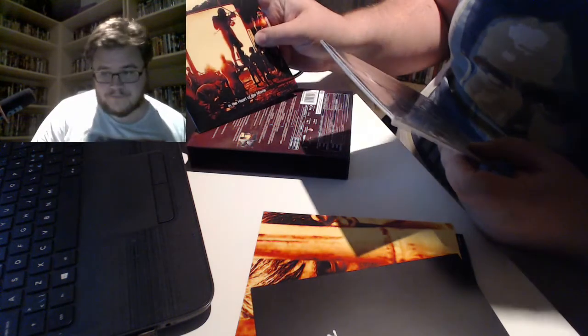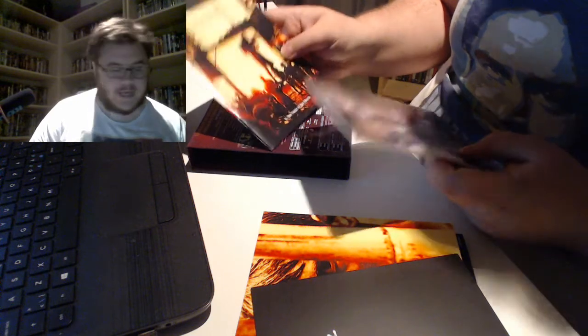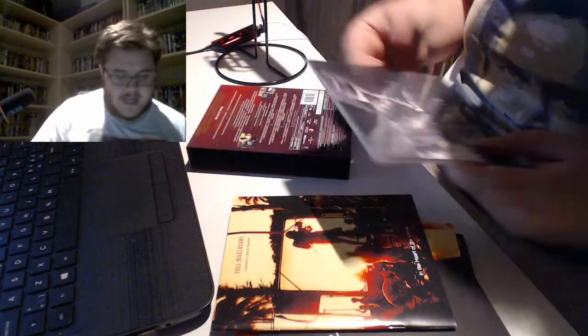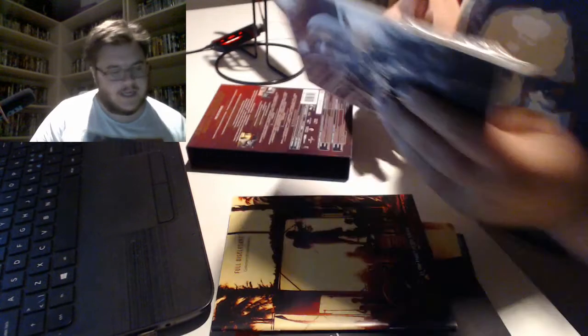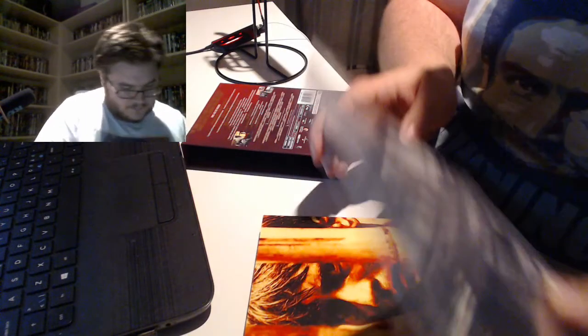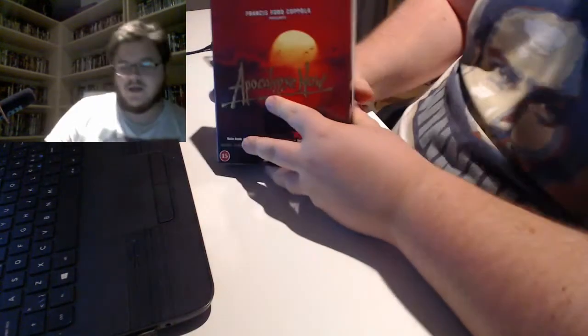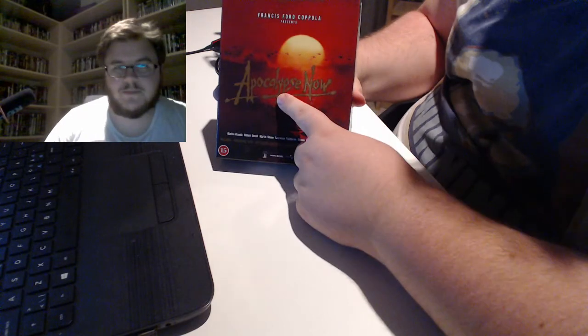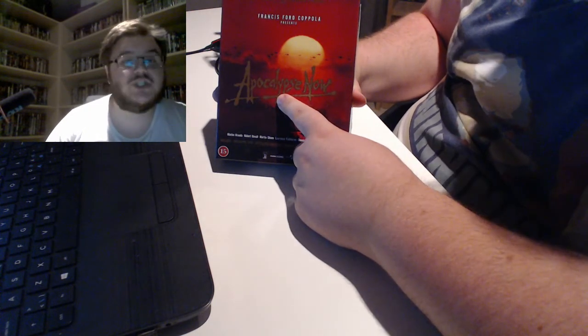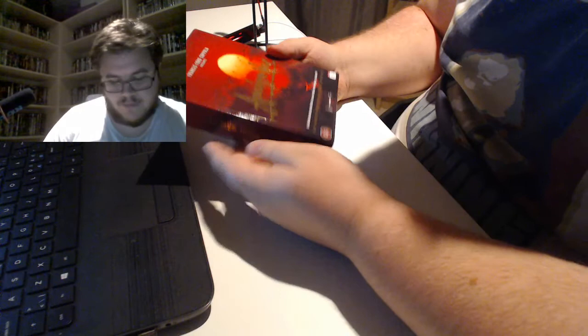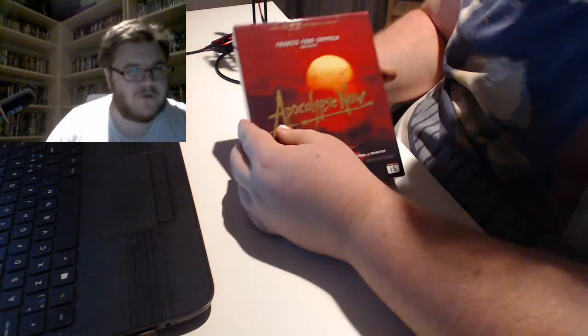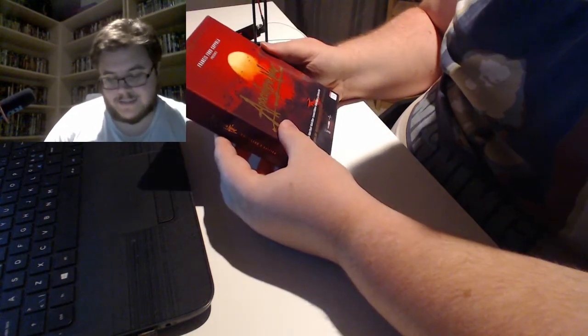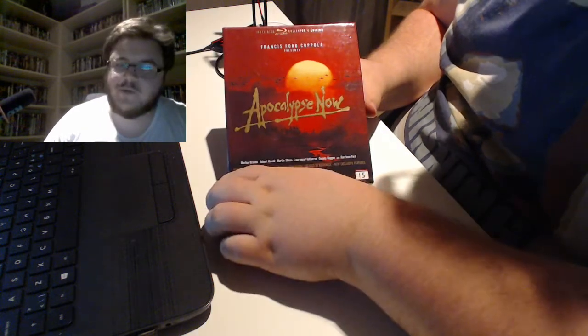It has another book, which is like a companion piece to Heart of Darkness, and you have these production stills. There's just a lot of stuff in here. So if you like this movie, this is definitely the version to go for. There was a DVD edition called the Declassified version, which up until this version was the best one you could buy. But this is like double the stuff. It has both versions, of course, the Redux and the original. I prefer the original, actually. It's a whopper of a movie.